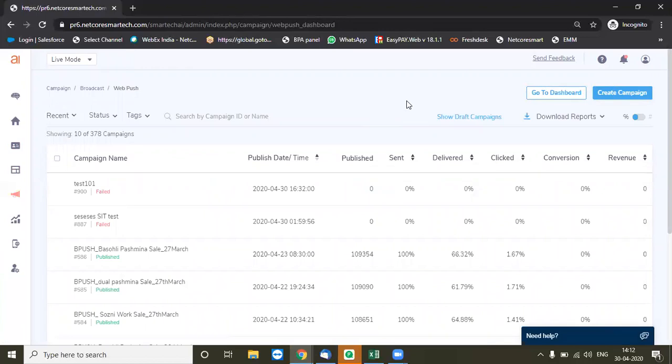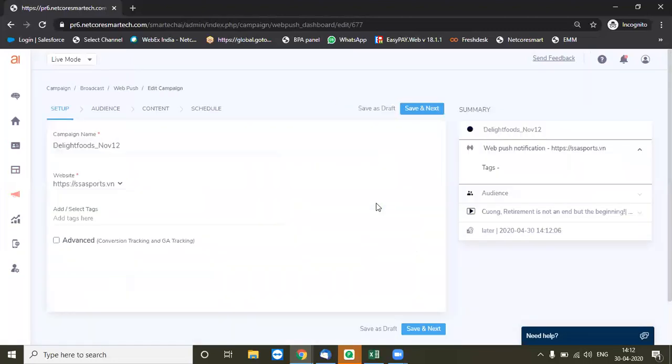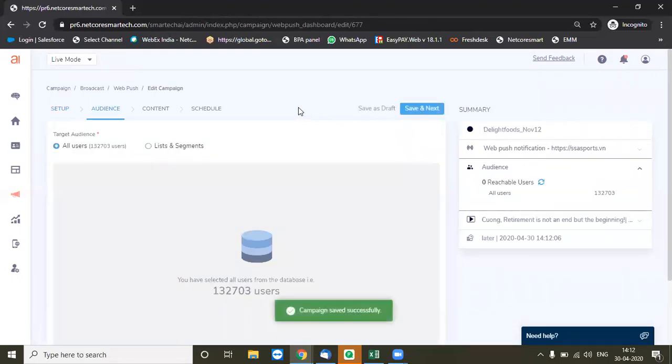If you have your data already flowing into the platform, you can just come on the platform and create your own campaign within a 5 to 10 minute cycle. You can set up your campaign name and the digital asset which you want to target. You can put some advanced tracking mechanisms as well for better conversion optimization.